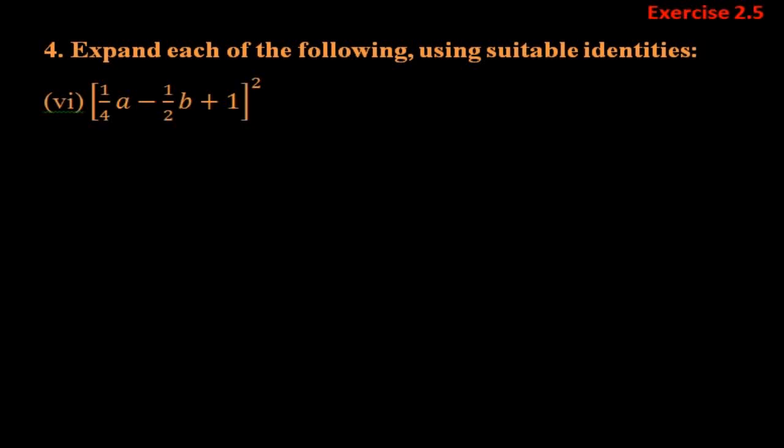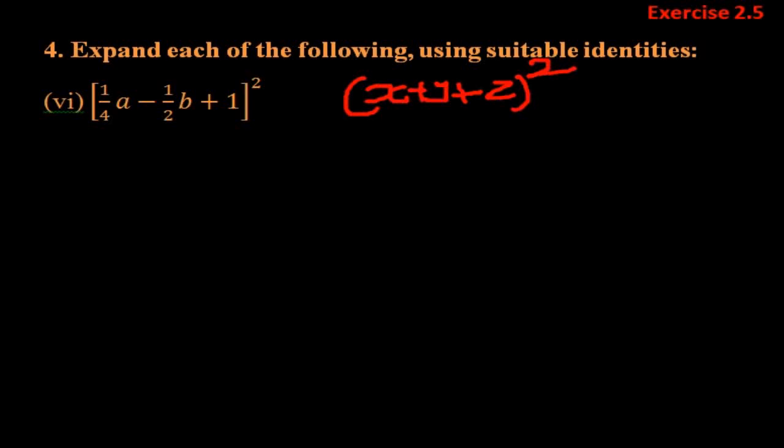So we have to use the square identity, and how many terms are present inside this bracket? So 3 terms are there. So we are going to use a 3-term identity which has a square. With 3 terms, let us take the terms as x plus y plus z. So 3 terms and square identity. We have to apply this identity over this problem.